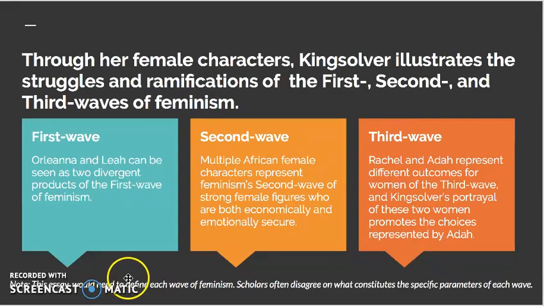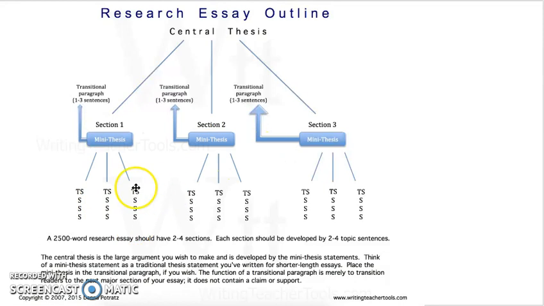I should just note, really briefly here, that for this particular topic, feminism, scholars disagree on what constitutes a first wave and a second wave. I've kind of ignored the struggle for the vote. I started here with the first wave as being the actual getting of economic rights. So you'd want to make sure you define how you are looking at these different waves of feminism if you were to choose this particular vein of thought for your essay. So again, we'd want to figure out what the different topic sentences are that would support each one of those